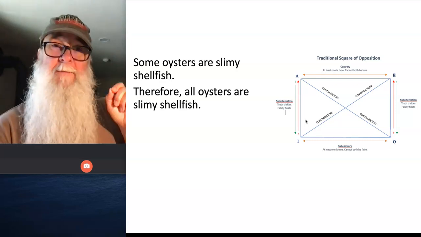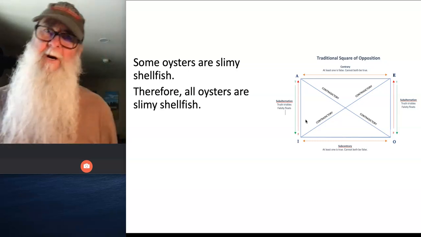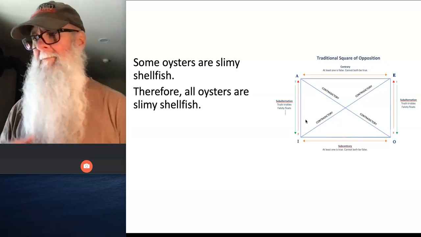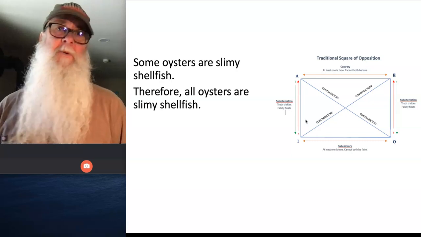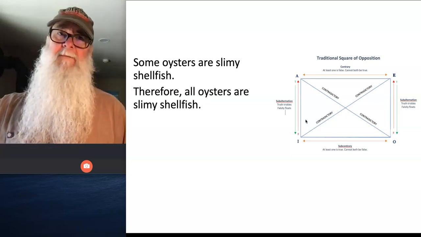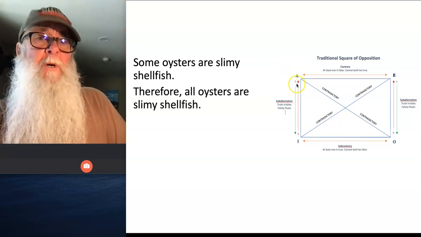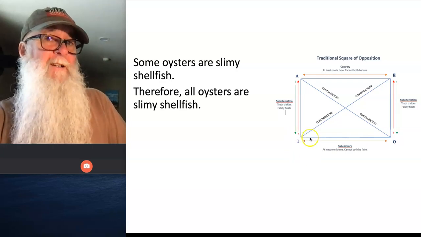All right, so we have an I statement as our premise and an A statement as our conclusion, and we know on the modern square of opposition from the Boolean standpoint, the relationship between corresponding I and A statements is logically undetermined. That tells us this argument is invalid from the Boolean standpoint, but the relationship between corresponding A and I statements isn't necessarily logically undetermined.